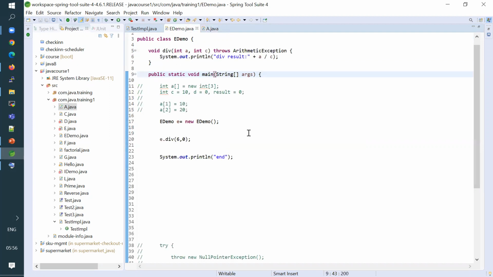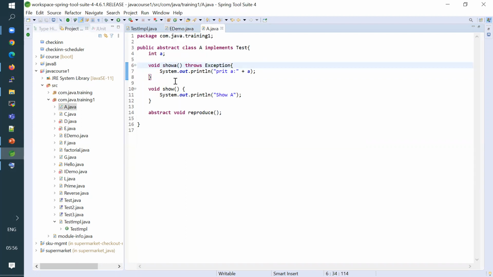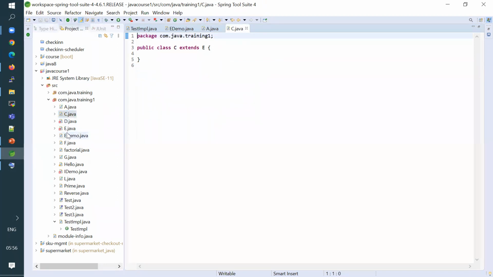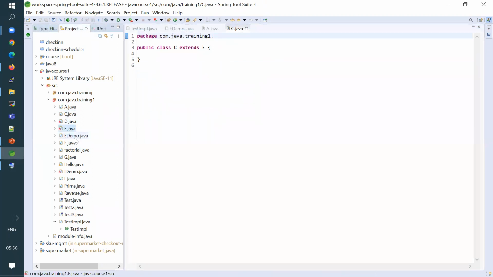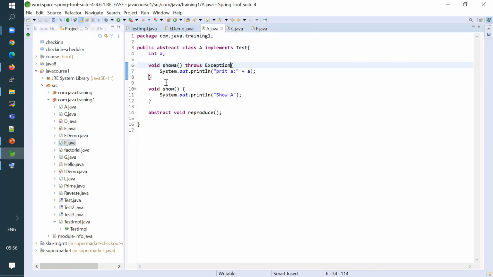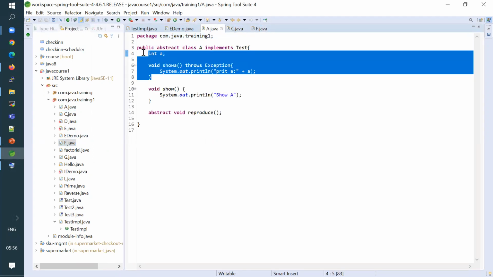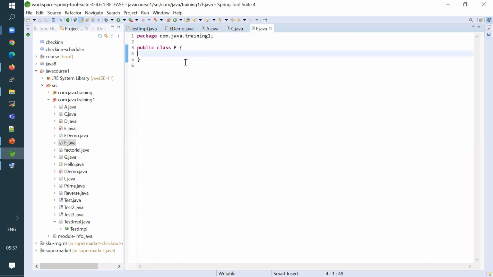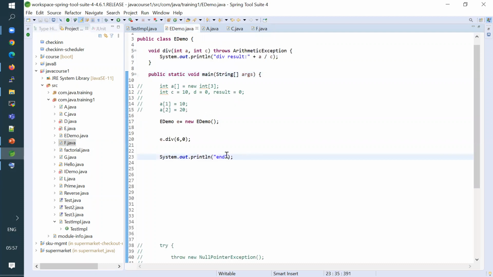Now I'm trying to call the class A's method. Okay, this is an abstract class, so I'll just pick another one. Class F. I'll just copy the same part here into class F. So now I'm just trying to make use of class F here.